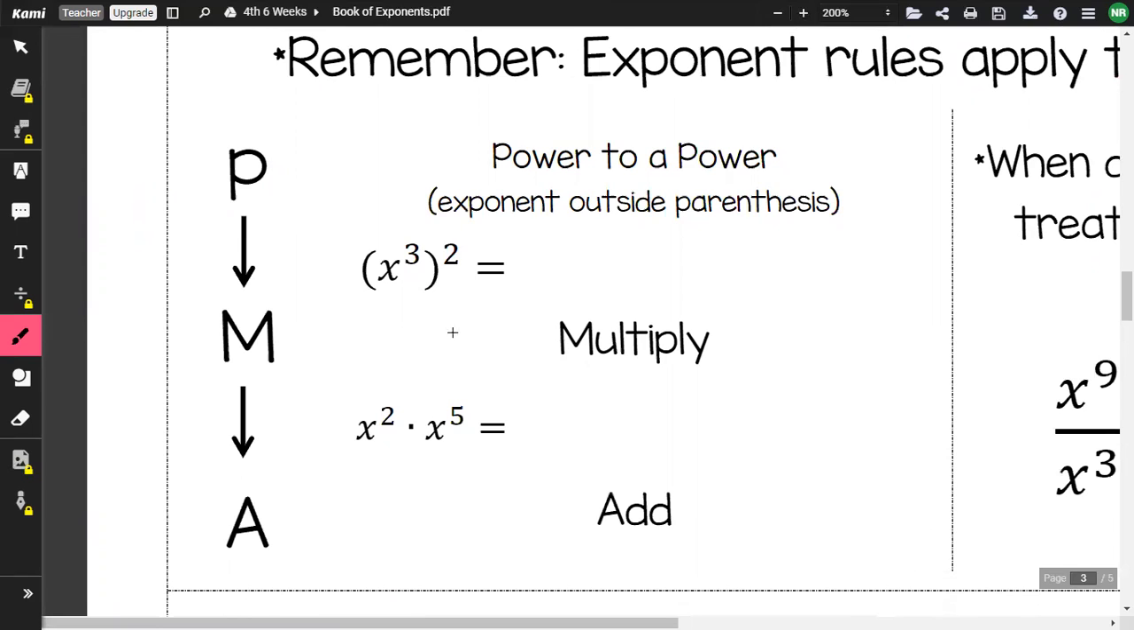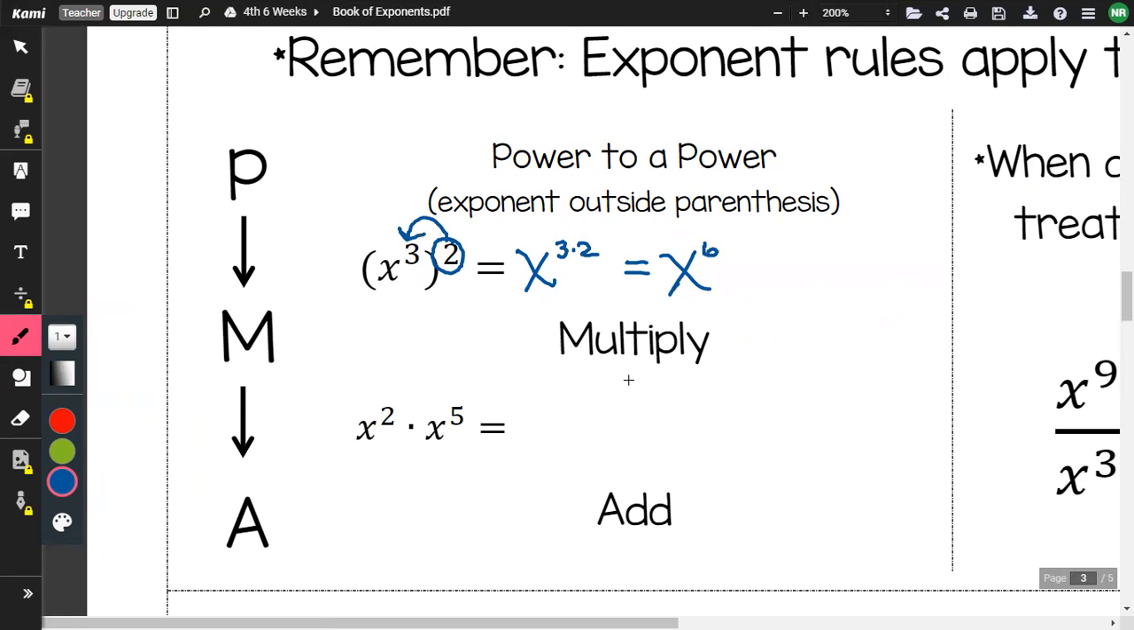acronym that can be used to help you remember what to do with the exponent. If you see a power in parentheses, what do you do with the exponent? You multiply. You take the exponent outside, multiply it with the one inside. So it becomes x to the power of 3 times 2. 3 times 2 gives us